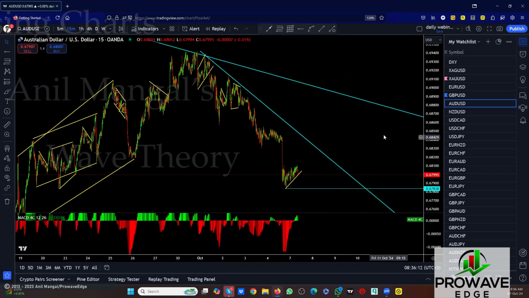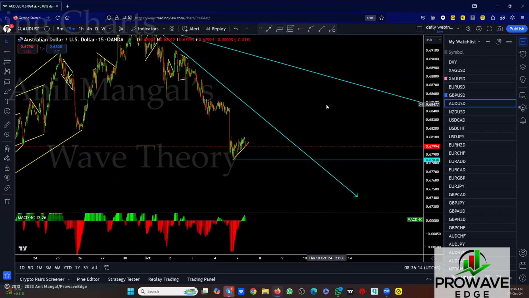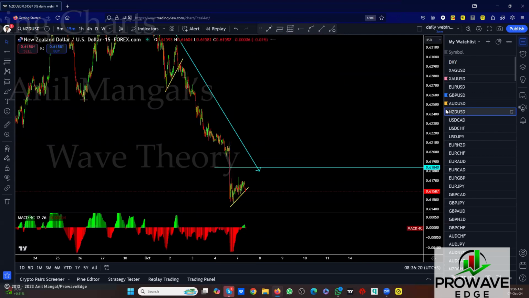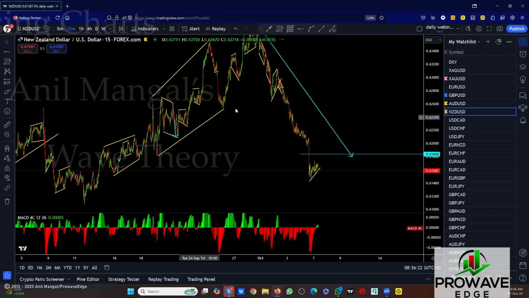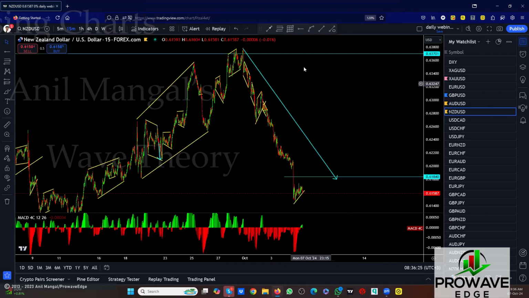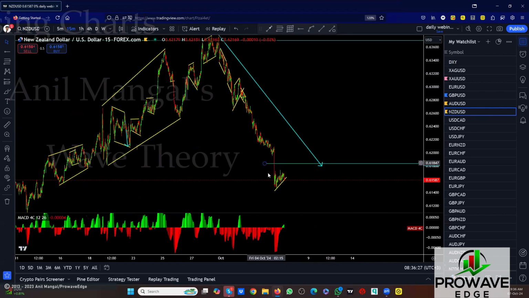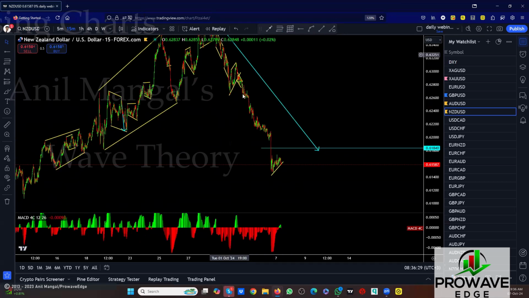Even if euro and pound could go, Aussie definitely is on the downside. So we're looking for a sell in the Aussie. You can actually put an active sell. New Zealand, you can put an active sell. This one is confirmed downside. Once it broke this top, we started looking for sells. It's pretty sharp. You see, it's not going back up. So all the sells we took were good.